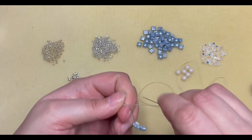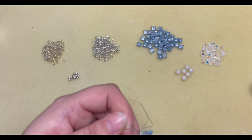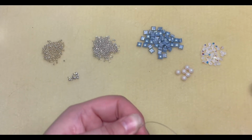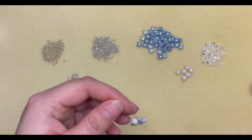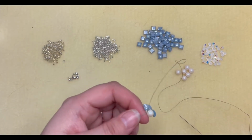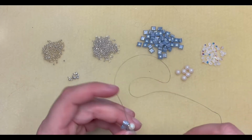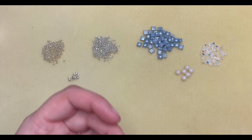Like I said, you do not have to do that. You can just leave that tail thread and weave it in later if that's how you prefer to do these projects. It's a little more frustrating for me personally to have to keep pulling that tail thread out of the way, so I like to just trim it down as quickly as possible. All right,